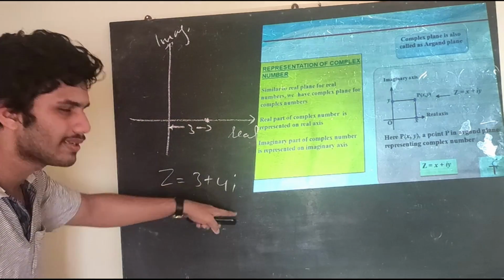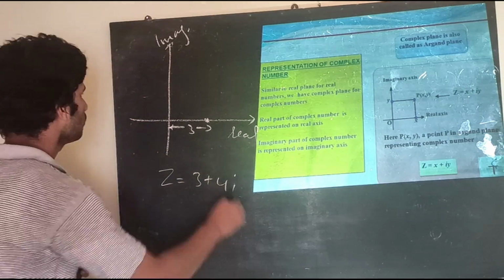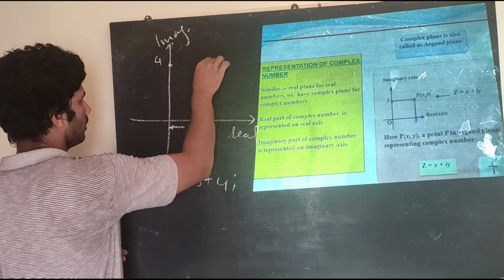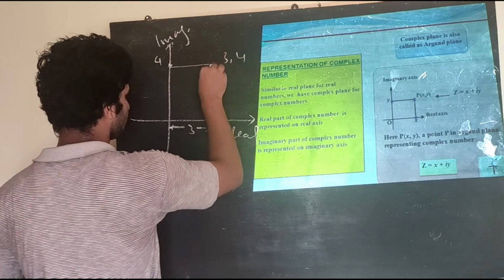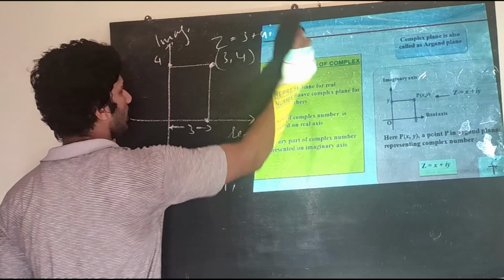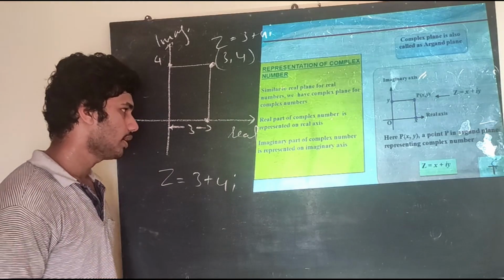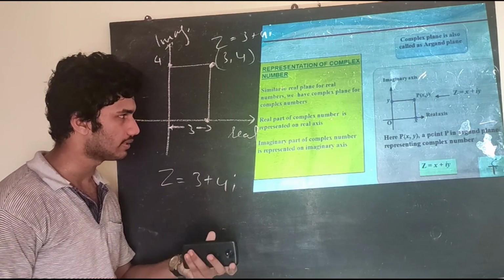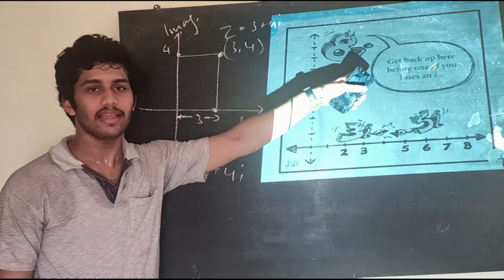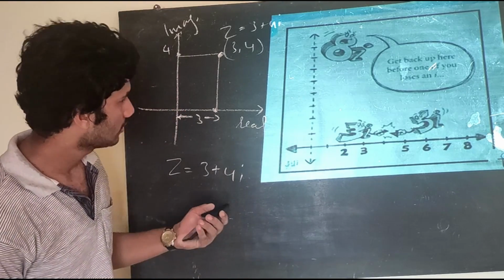Now the imaginary part. As I said, i is just a representation. We need the number. The imaginary part of Z is 4. So represent 4 somewhere over here. This will be 3 and this will be 4, and this is the point (3, 4). So this is how we represent Z is equal to 3 plus 4i in the Argand plane. You understand? The real part of the complex number is represented on the real axis. The imaginary part of the complex number is represented on the imaginary axis. Now it's again like a Cartesian picture. That means 8i should stay on the y-axis, that is the imaginary axis only. Nothing much, just for your understanding.